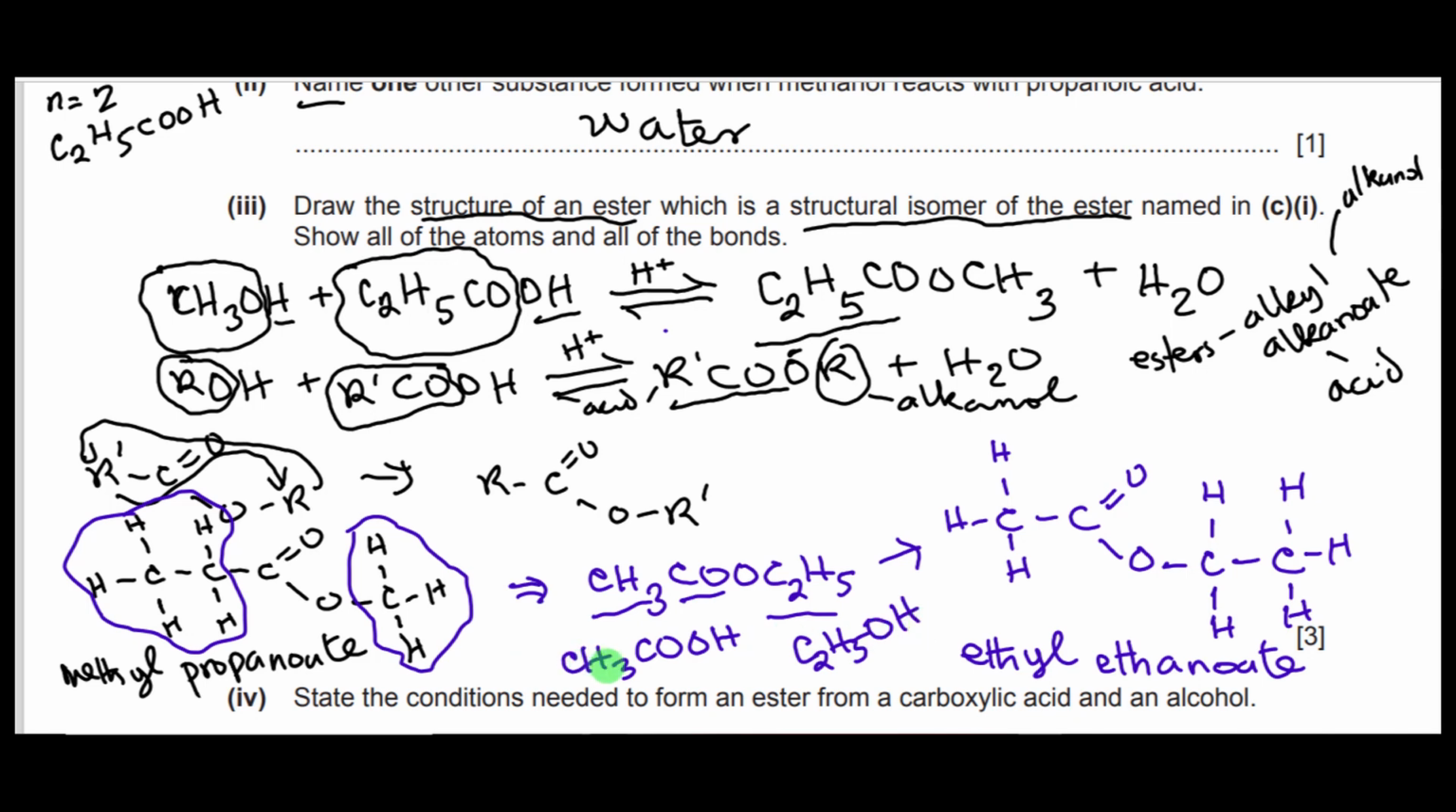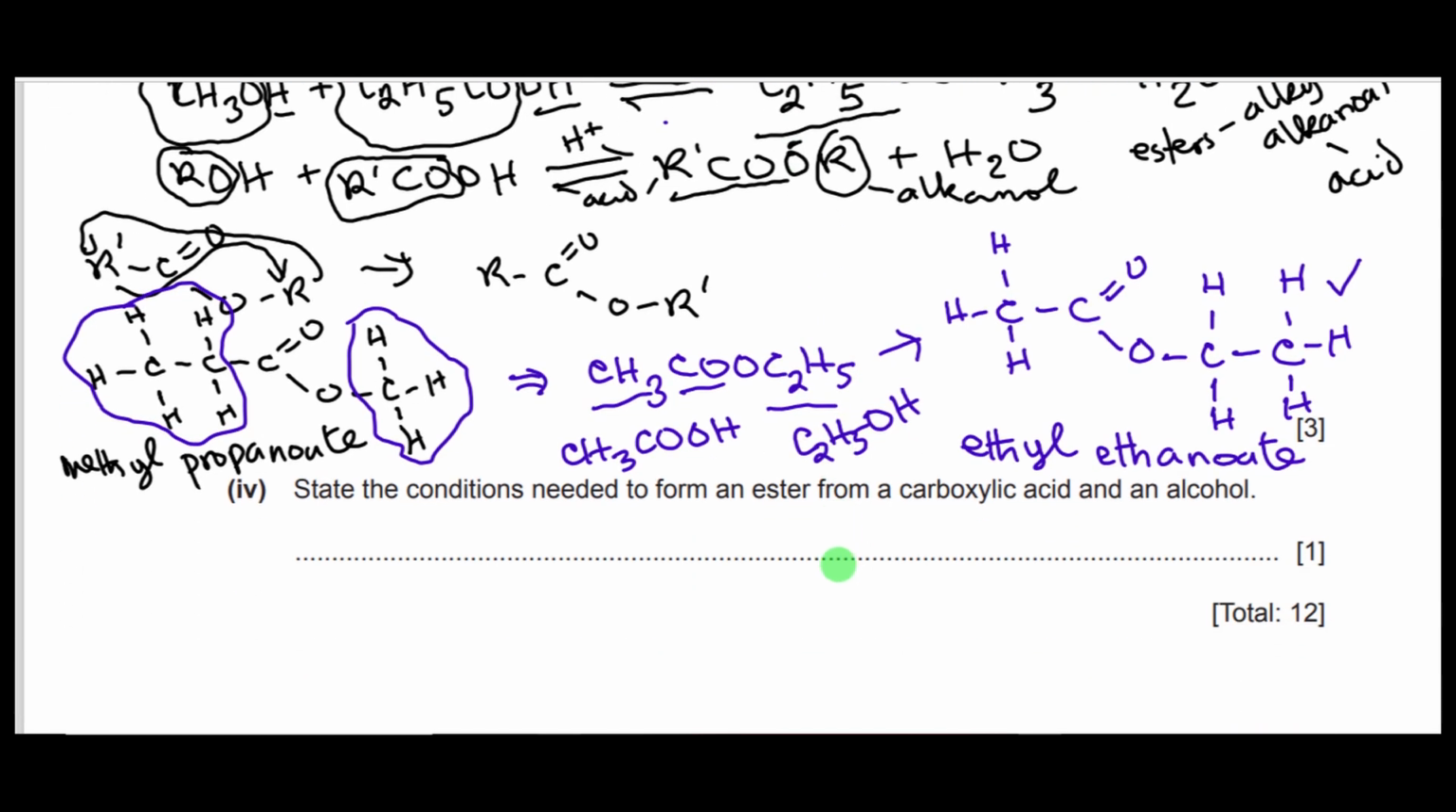So C2H5OH is ethanol, while CH3COOH is ethanoic acid. From ethanol we get ethyl, and from ethanoic acid we get ethanoate. That's the structure of the ester as an isomer of methyl propanoate, as stated in the question. Remember, we are asked to show all the atoms and all the bonds. And then the last question, we have to state the conditions needed to form an ester